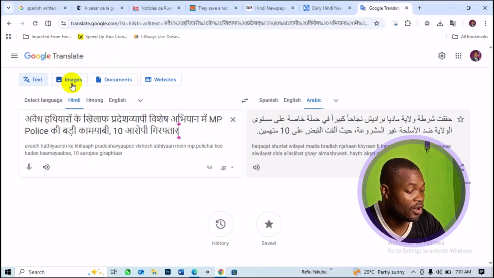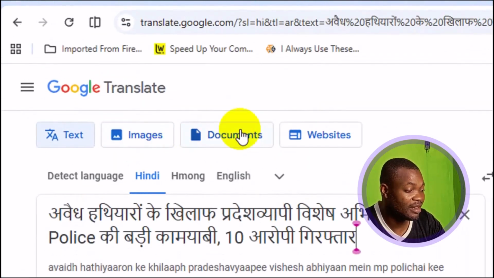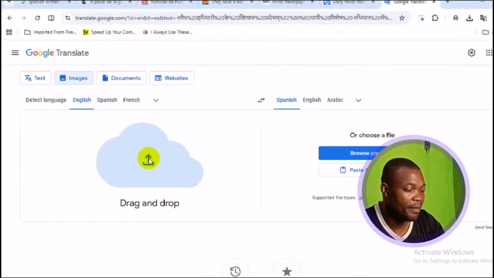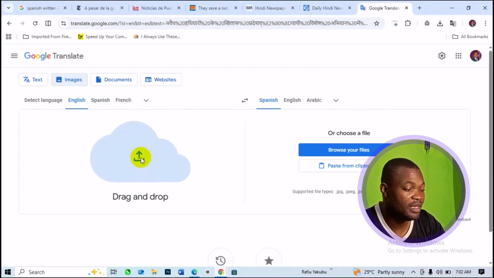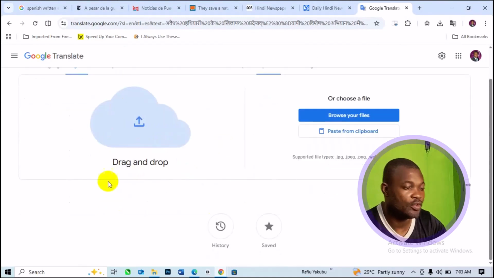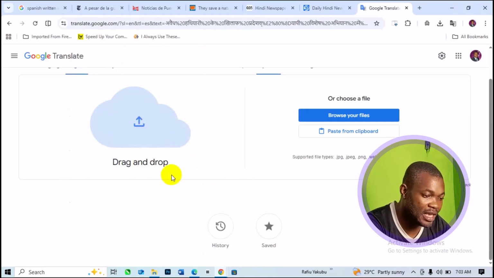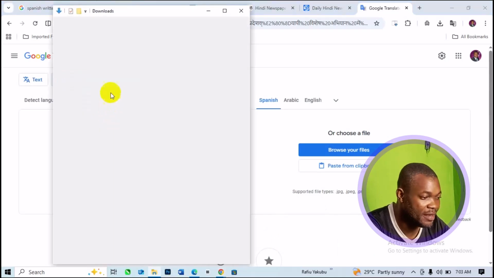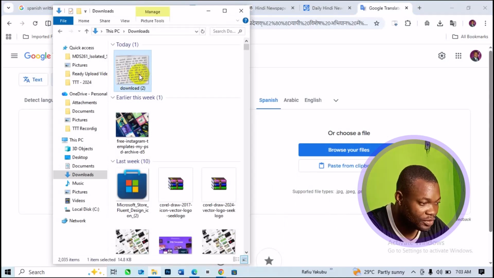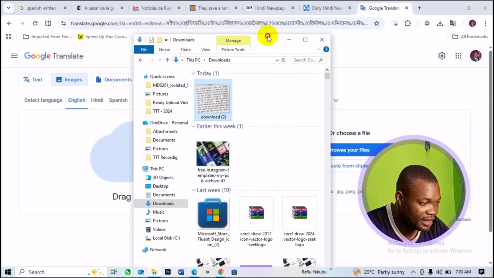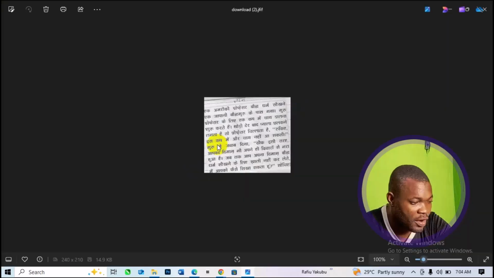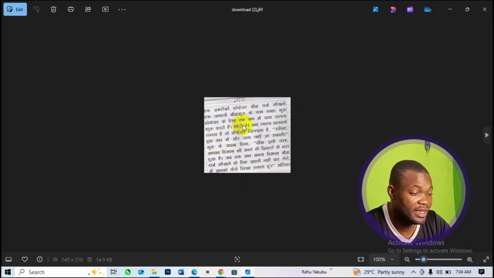Like here, you have image translation, document translation, and website translation. For instance, if I want to translate images, go ahead and click on images, come to this particular point right here, and upload your image sample. I'm going to simply drag and drop my image right here. So I'm going to bring out a folder on my PC. This particular image right here, I'm going to simply drag and drop it here. Alright, so